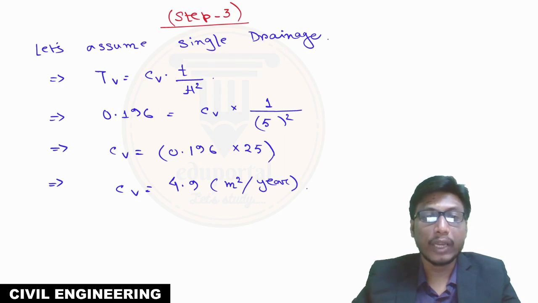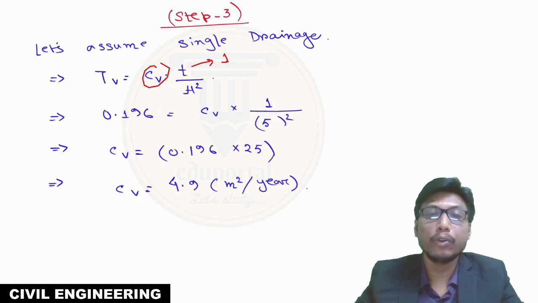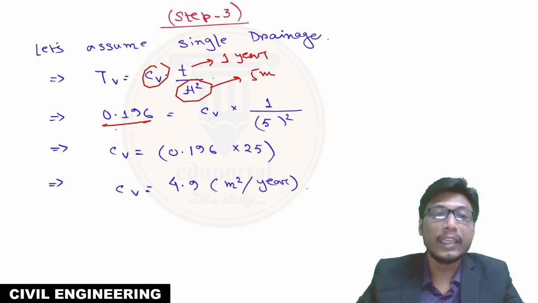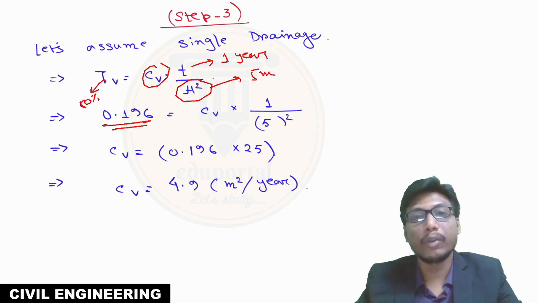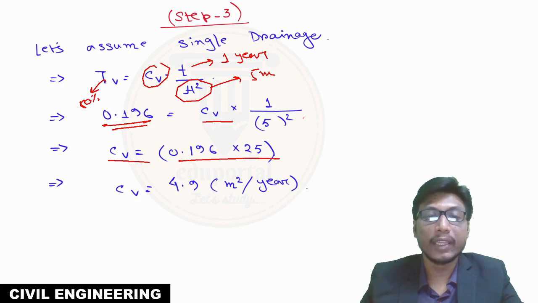We don't know the value of CV, but we know T is equal to 1 year, and H is the thickness of the layer, 5 meters. TV for 50% consolidation is 0.196, which we have determined. If we put these values here, we get the value of CV equal to 4.9